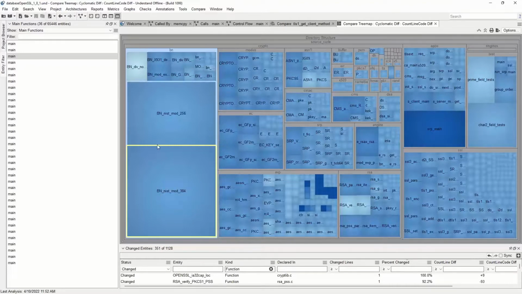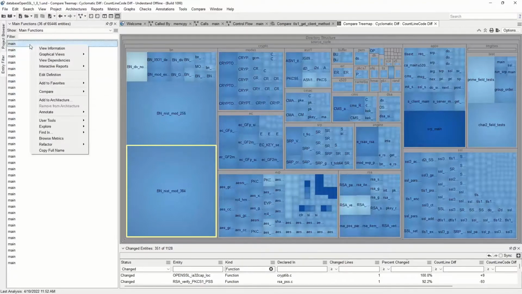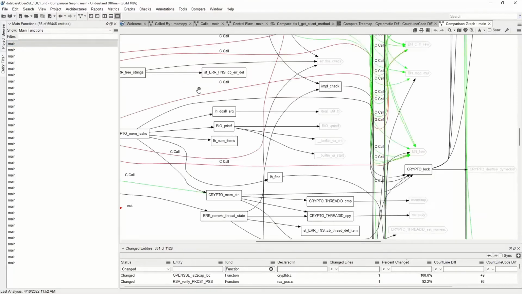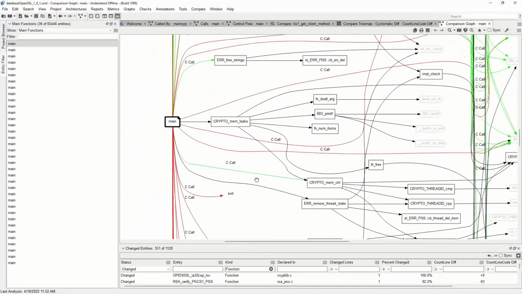If you really want to invest in Understand, there is also the ability to create your custom graph, and we do have one. Please contact me and I'll share it with you, no problem. But there is one that I like to use, which is the comparison graph. And this actually shows you